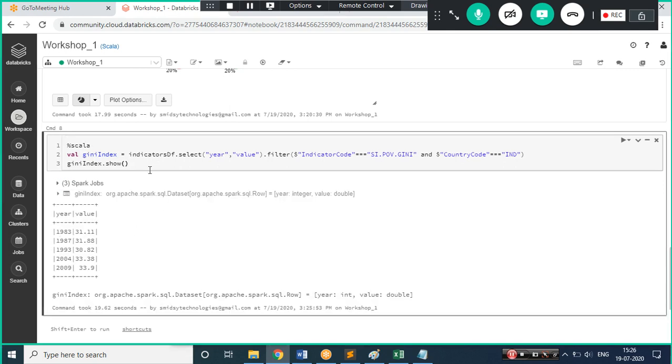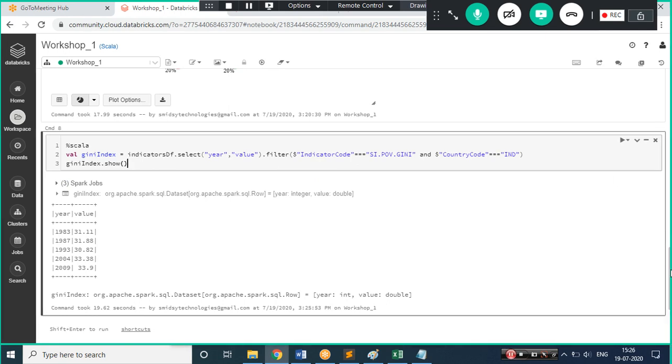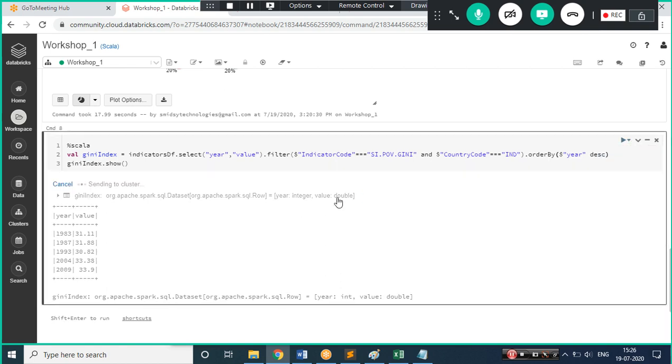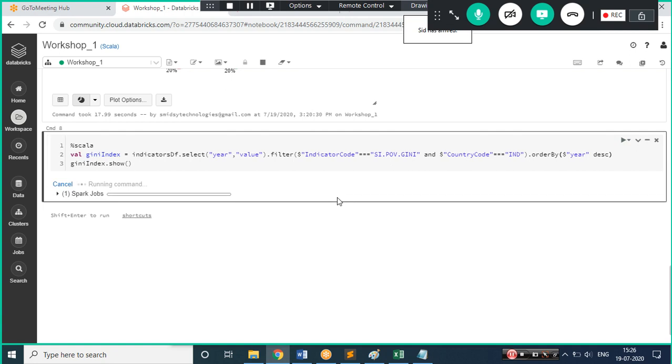If you see, the one thing I did not do is apply the order by clause, hence my data will not match. So let's apply the order by clause. What is the column I need to apply it on? I think I applied it on year, and it was in descending format. Let me execute this and see the result again, so the comparison will be easy for me. I'll just compare the first couple of values. If those are matching, then the results should be fine.